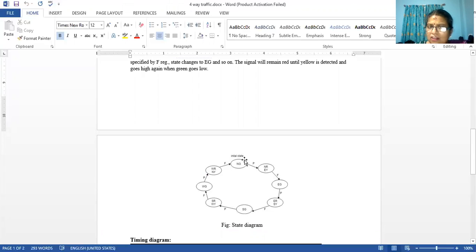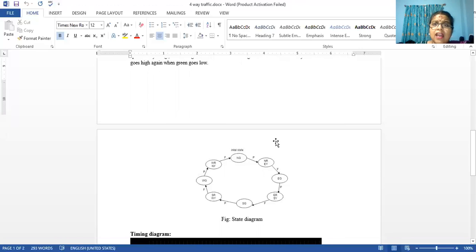As soon as I enter the north green state, what happens? The counter P starts counting. For example, I have given the counter P as 40 seconds. 40 is the value I have given. Either it will count from 0 to 40 as an incremental counter, so you can design it as an incremental counter where you are counting from 0 to 40, or you can give it as a decremental counter where on reset you give a value of 40 and then it starts decrementing. Here, we are giving a decremental counter.